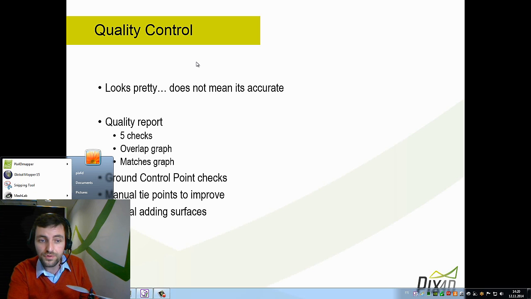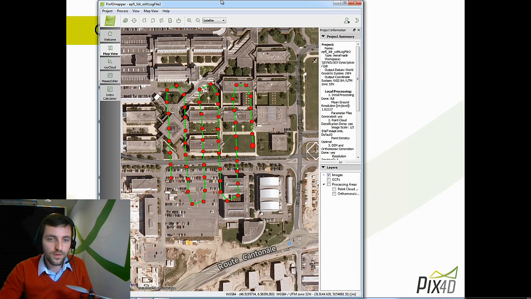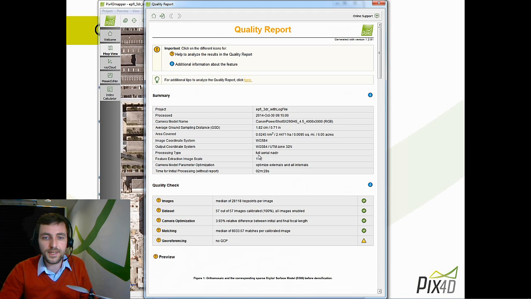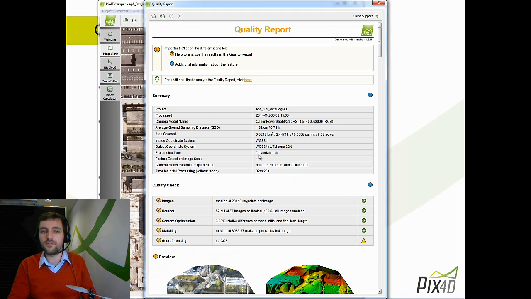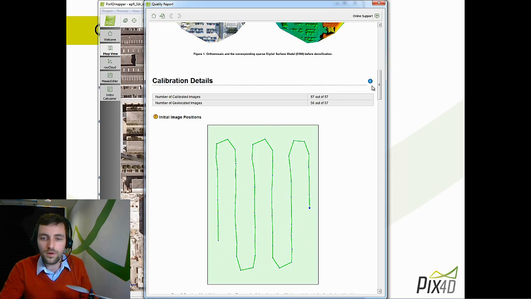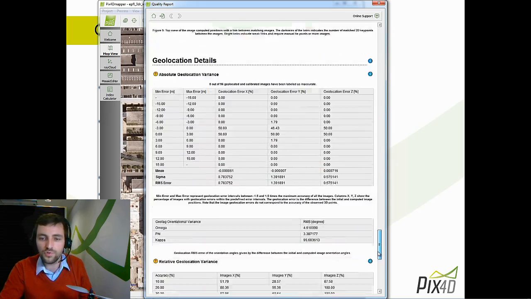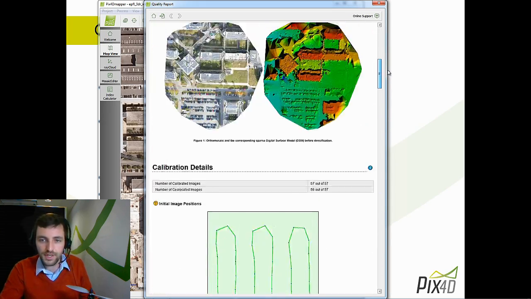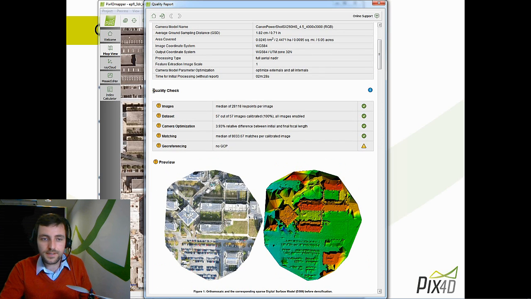The quality report is the report that pops up just after the first step of calibration, of processing. It has a lot of information about how the whole processing went. But the first thing you will need to check is this rapid quality check, the green checks there. Basically, if everything is green,